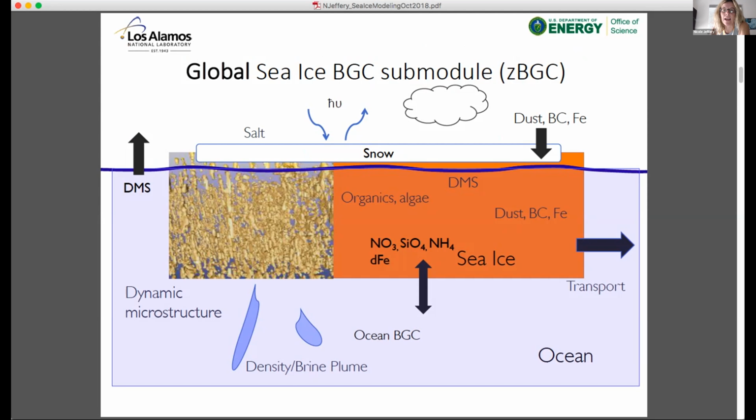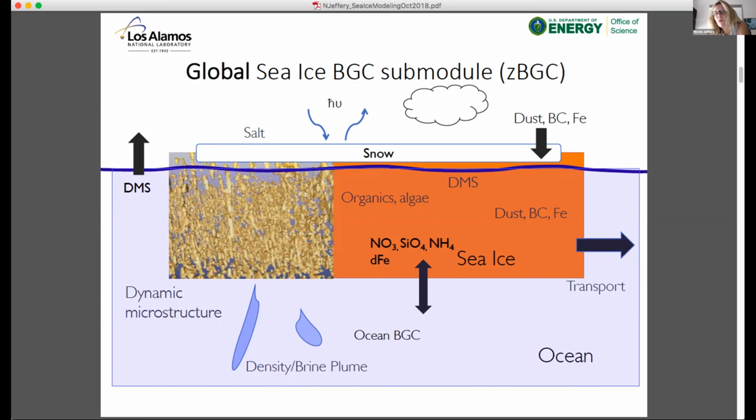The model that we're using to look at the sea ice biogeochemical role in this is a global model. By that, I mean the criteria we had is that we could do biogeochemistry for the Arctic in the ice and for the Southern Ocean, and they're a little bit different. This model has evolved halodynamics, that is, the temperature and salinity profiles are both evolved. In this way, we can get information about the microstructure inside the sea ice. We know something about the density of the plumes and the overturning inside the ice, and that tells us things about biogeochemical tracers, how they might move up and down inside the ice.